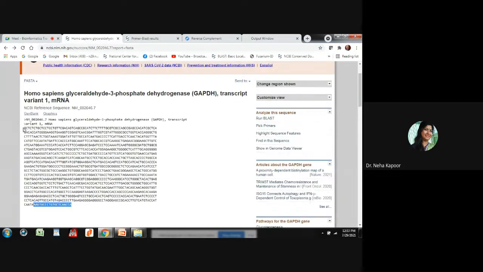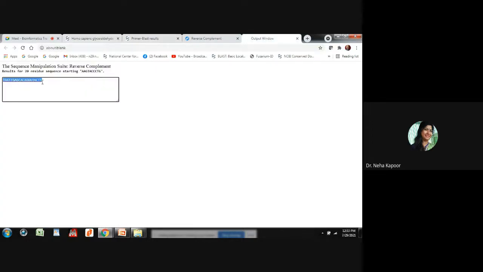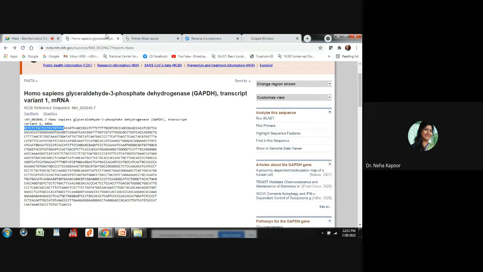So what I have got, the forward primer was starting 20 base pair this, and my reverse primer is this. Now you need to check whether this primer is accurate or not, whether it would anneal or not. In that case, you just need to see this TT should be complementary to the region up to which we selected it. As you can see, it is complementary to this TT. That means it will anneal here. If it is complementary, then by annealing the reverse primer here, you would be able to amplify this complete gene. Got my point?